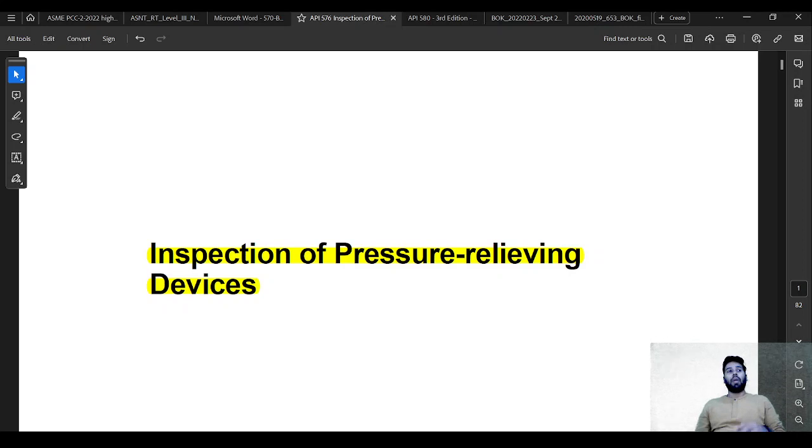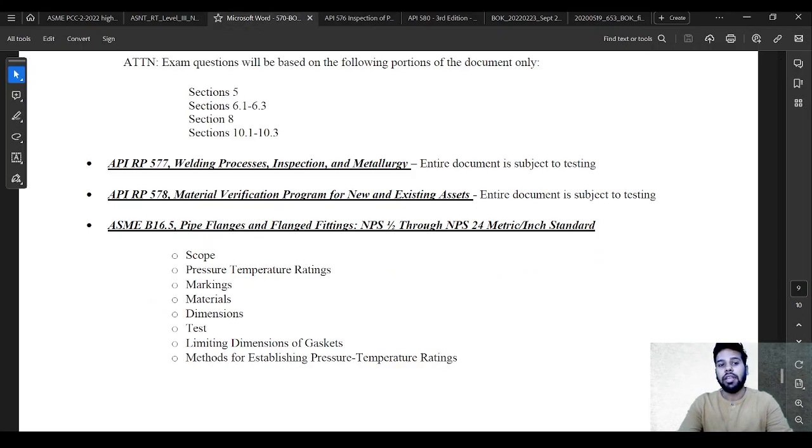But API 510 is the only document, or the API 510 body of knowledge, that mentions that the entire API 576 is subject for examination. That means if you are studying for pressure vessels, in that case this document you'll have to read and understand at least once. But if you are working towards getting API 570 or piping inspector examinations, in that case, the